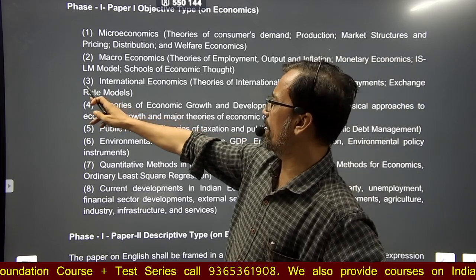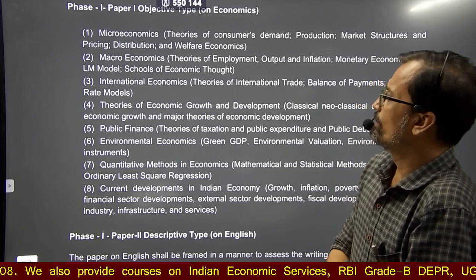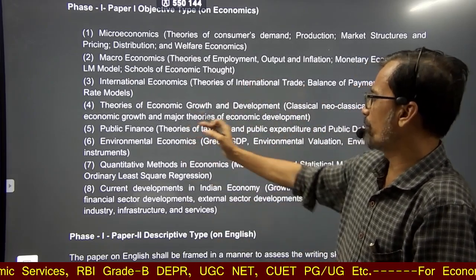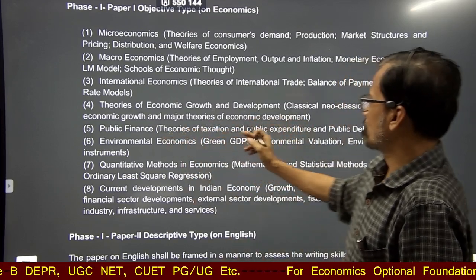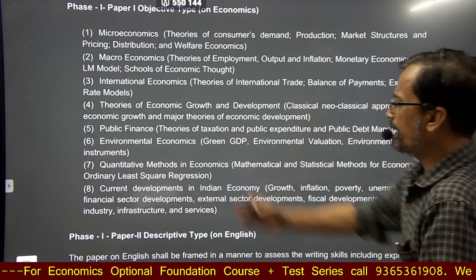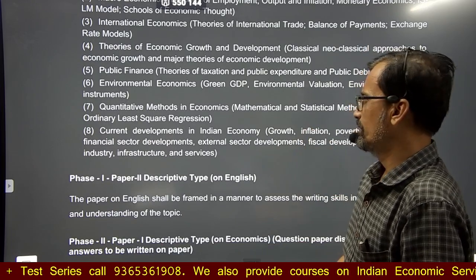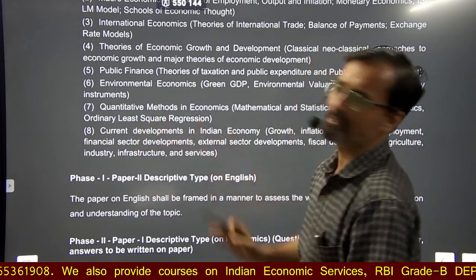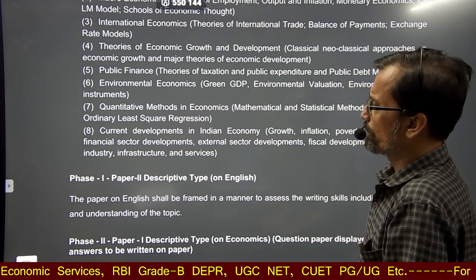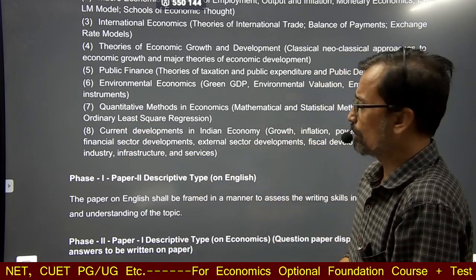And the international unit, unit 3 basically. Unit on international economics, where theories of international trade, balance of payments, exchange rate models. Theories of economic growth, development, major theories of economic development, public finance, taxation policy, public expenditure policy of government, public debt, and environmental economics is also there. Another very crucial part is quantitative methods in economics: mathematical and statistical methods used for solving questions. For phase 1, we need to focus on the ordinary least squares regression method from